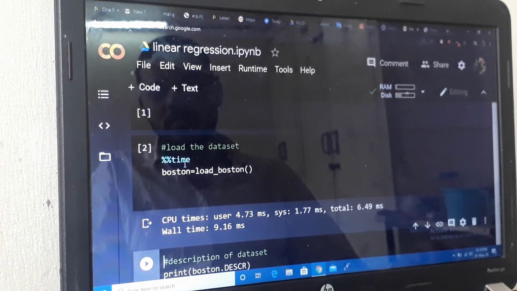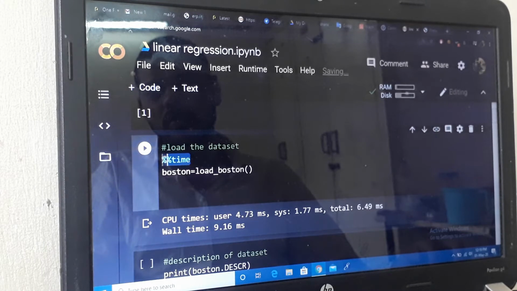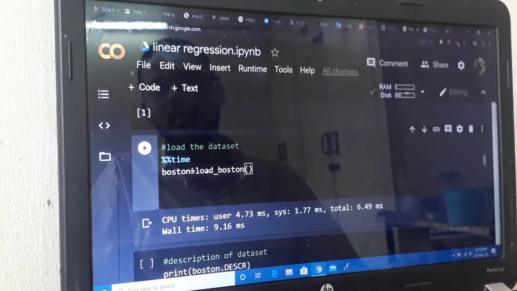It is the best method for showing which statement is taking how much time, and this is a good way of using percent time.